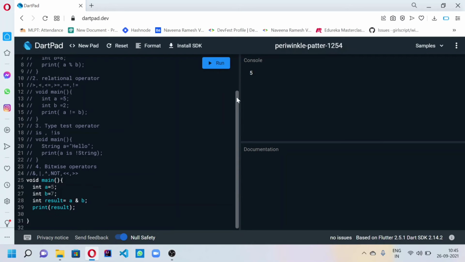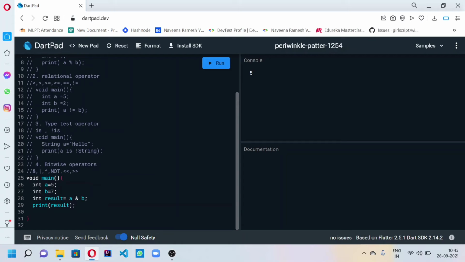Yeah. How does it work? It takes the binary number of 5 and the binary number of 7 and combines them.